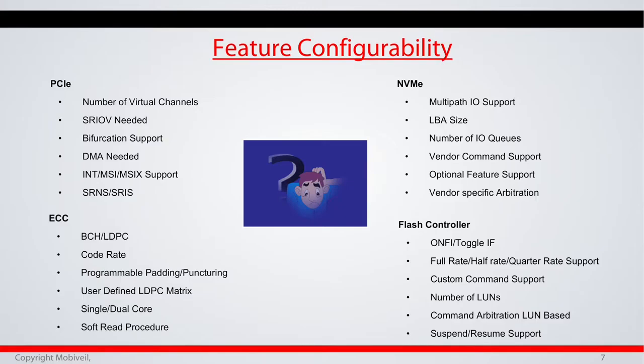For example, if you look at the PCI Express, whether the design can support multiple virtual channels. Is SR-IOV supported or not? Because PCI Express, you may want to have an SR-IOV solution. Bifurcation, can the controller itself be supported in a bifurcation mode? Whether you want to have a DMA in the PCI Express or you don't want to have your DMA, because NVMe might have DMA, which is more aware with the SGL or PRP.